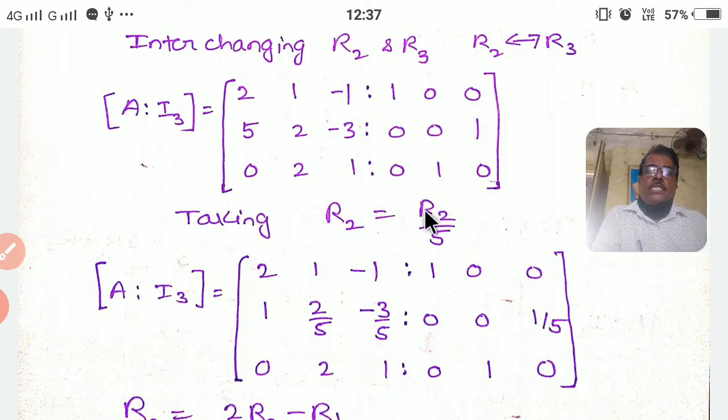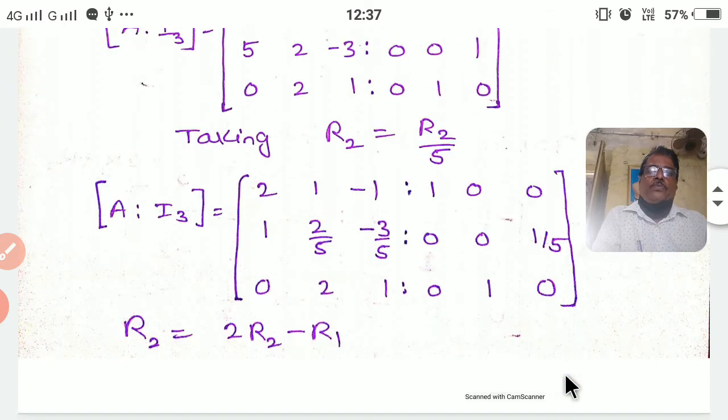Now here also we carry out the same operation. So first row is 1 0 0 as it is. Now the second row is divided by what? 5. So 0 by 5 is 0, 0 by 5 is 0. Next 1 by 5 is 1 by 5. Next the third row as it is we write. So this is 0 1 0.